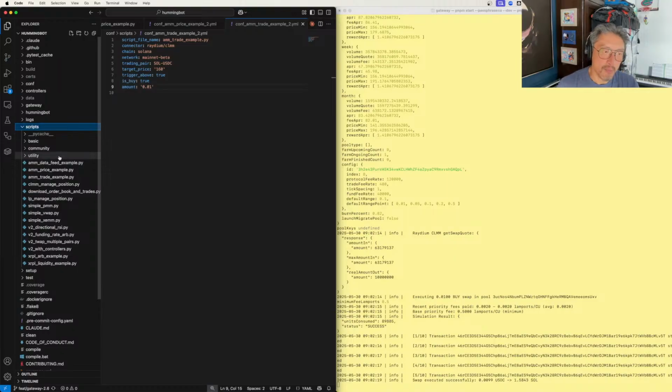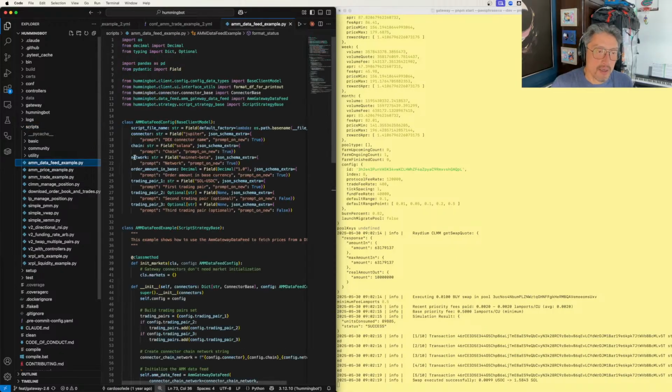We have 3 sample scripts you can use right now, in terms of dexes that support the swap schema. Those are AMM data feed, AMM price, and AMM trade. AMM data feed will use a quote swap endpoint and basically ping that endpoint every tick and generate a data feed for you. Right now it just prints a status, but you could ask it to save to a CSV file and generate information about